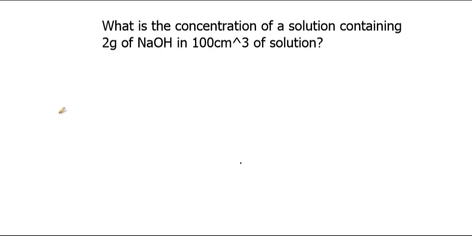Now, concentration can either be in grams per dm³, that is mass concentration, or in moles per dm³, which is molar concentration, also known as molarity. In this question, we are given the concentration, though not in grams per dm³, but we are given the mass concentration. So definitely what is left unknown here is the molar concentration, that is concentration in moles per dm³. And to do that,